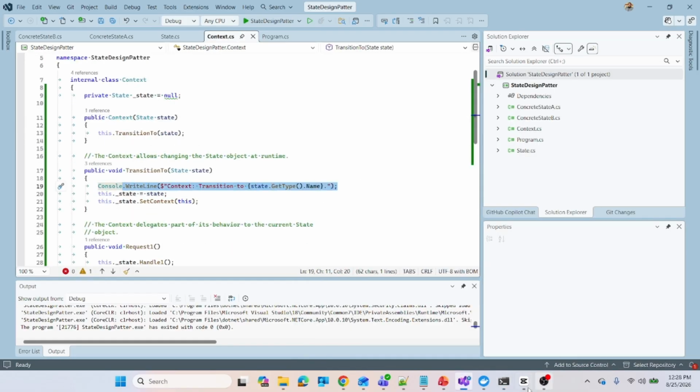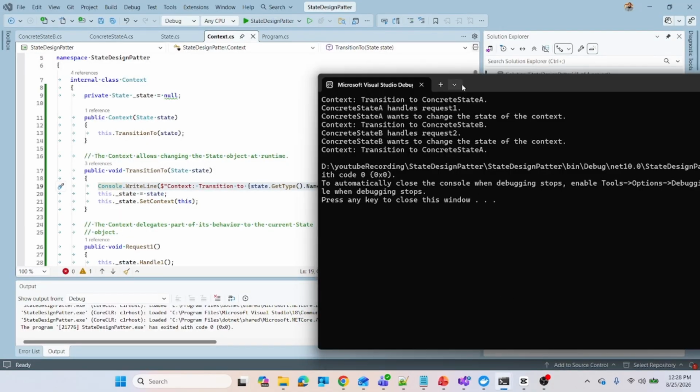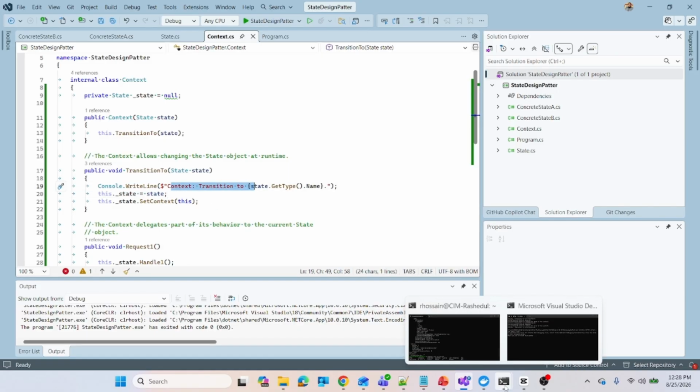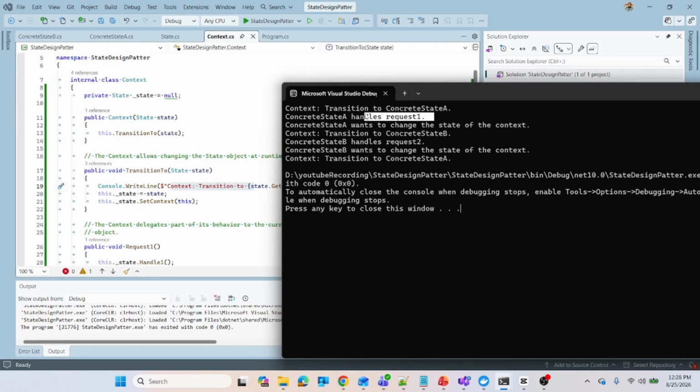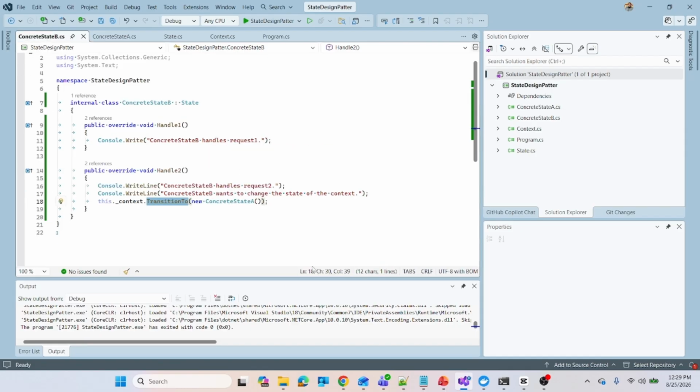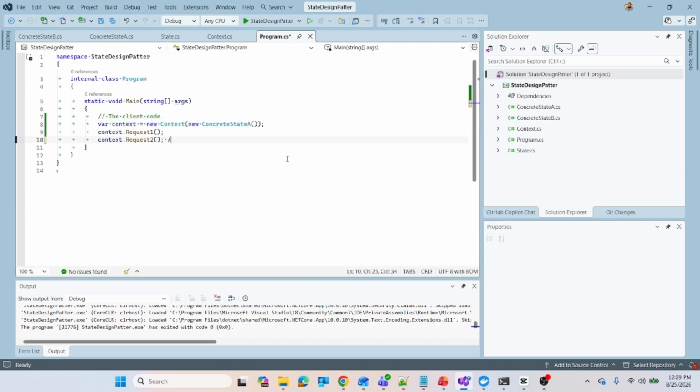It is printing the context transition to concrete state A, and after that it will print these two lines from the concrete state A, and then it will transition to concrete state B, and it will call the handle 2 method, because at this point this is state B,